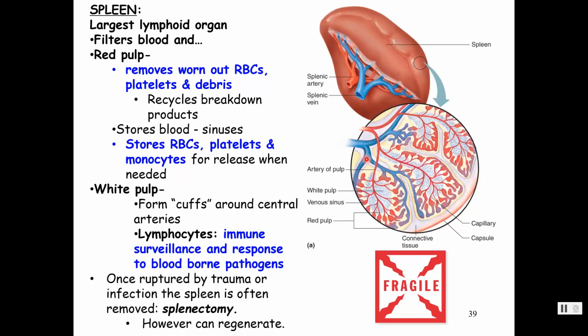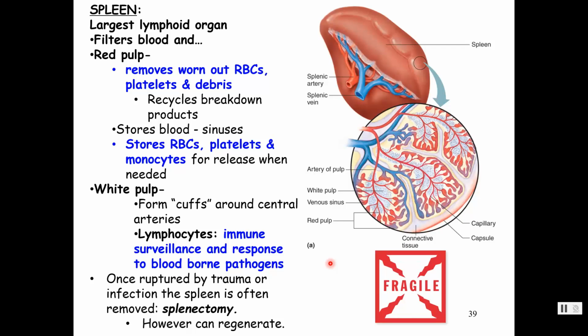White pulp is aggregates of white blood cells, cuffs surrounding central arteries. Once again, we have white blood cells, lymphocytes, and their job there is immune surveillance and to respond to blood-borne pathogens, because lymph nodes filter lymph, spleen filters blood. Big difference. The spleen does have a capsule, but it is not a very hardy capsule in the sense